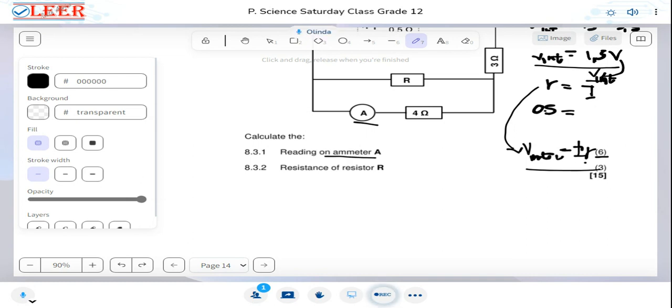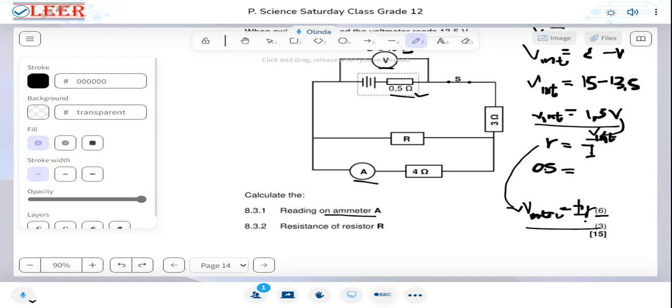Okay, so internal resistance 0.5, because that's also given, right, is equal to V internal, which we just calculated, which is 1.5. We're looking for the current. Cool. So therefore, our current is equal to 3 A. Okay, but this is the current based on our V internal. Now we're going to calculate